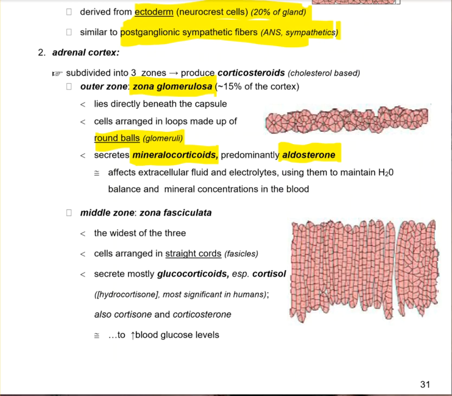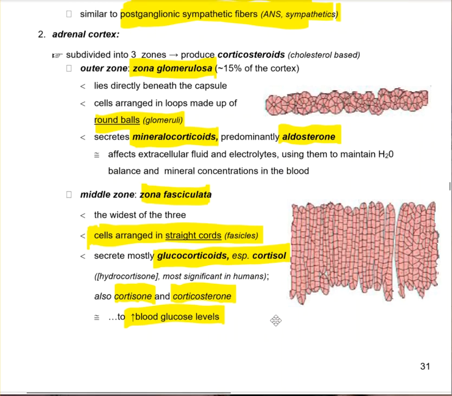The second zone, the middle zone, is the fasciculata, and the reason it's called that is that it's made up of these straight cords, which are called fascicles, and so you can see going up and down here, there are these up and down cords. And these secrete glucocorticoids, and especially the one that we're most concerned with is cortisol, although also cortisone and corticosterone. All right, and these guys increase blood glucose levels, and they also are